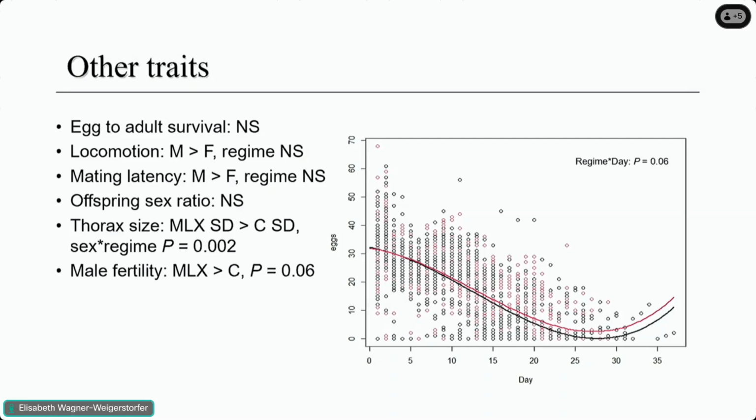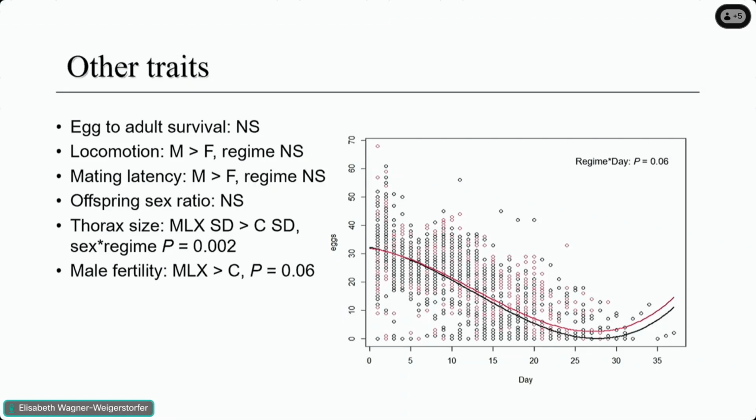So to try to test this hypothesis, we wanted to do a quick and dirty assay. We didn't really think there was much point in doing a P1, P2 with paternity as the first male to mate versus paternity as the second male to mate, because we already knew that they were doing worse than the competitor or than the control. So instead we thought, well, okay, if we have a no contest situation where we just mate a single male and a single female once and then let her lay eggs until she runs out of sperm, do we see a difference? And it's not super convincing because it's only P equals 0.06, but it does seem to be the case that